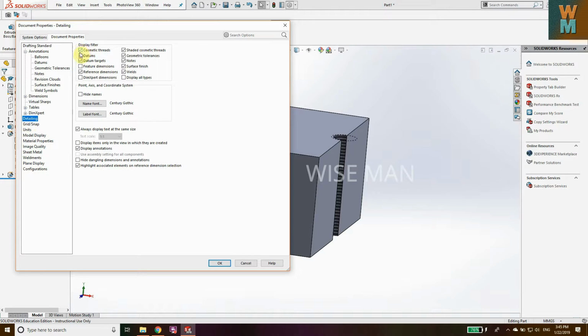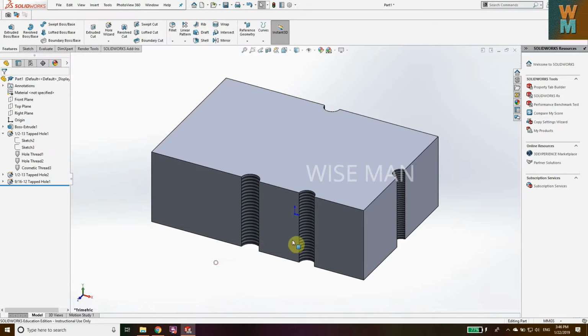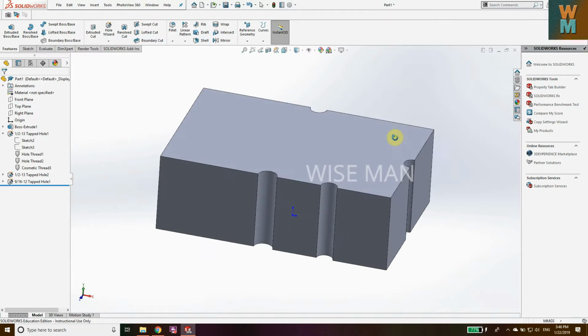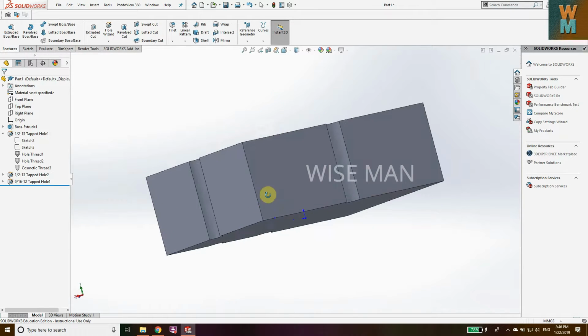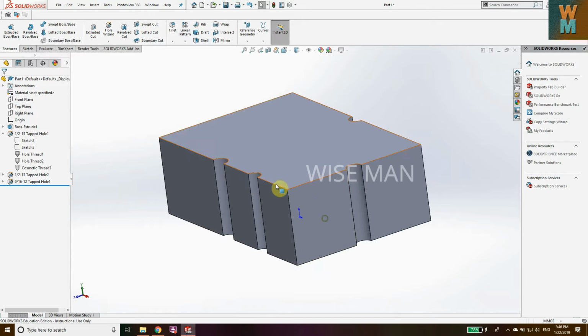to detailing. If this display field like cosmetic thread is unchecked, you also need to uncheck this shaded cosmetic thread. If you uncheck this shaded cosmetic thread, what happens, it will not be shown in your part file, as you can see here. So the thread is there, but you can't see it, and the cosmetic thread is only for your